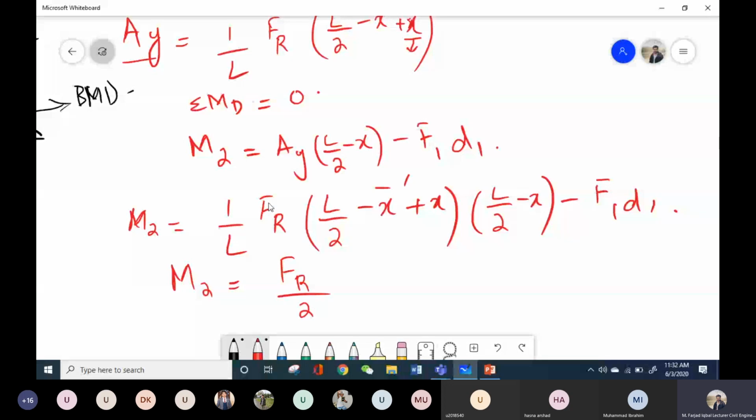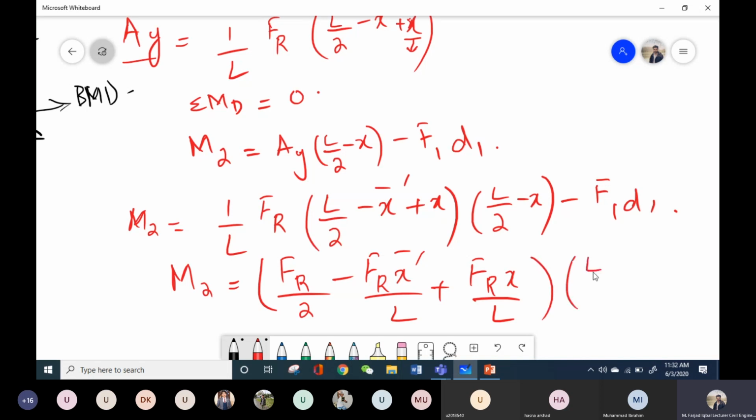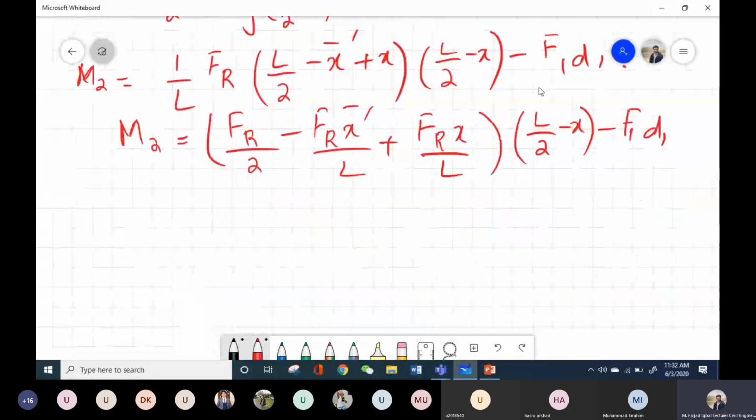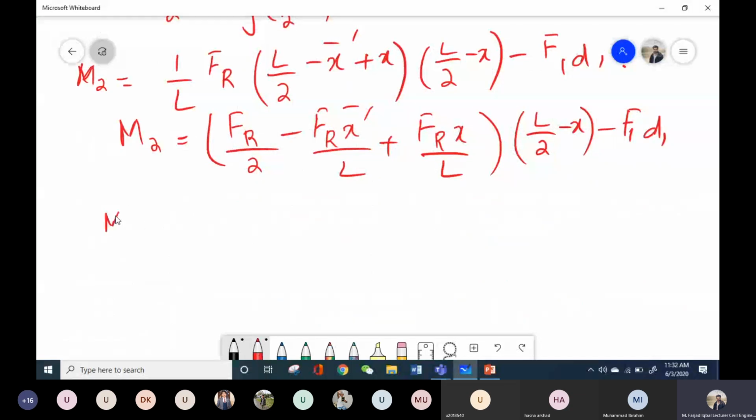If I multiply this whole term inside, I will get FR by 2 minus FR x bar dash over L plus FR x over L, into L by 2 minus x, minus F1 D1. It will remain as it is. So if I simplify or multiply all these factors, the final equation that I'm going to get is